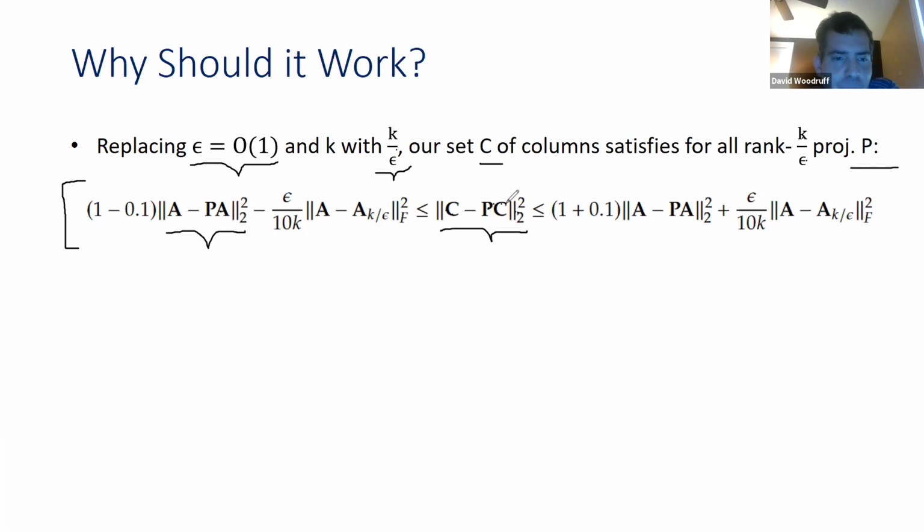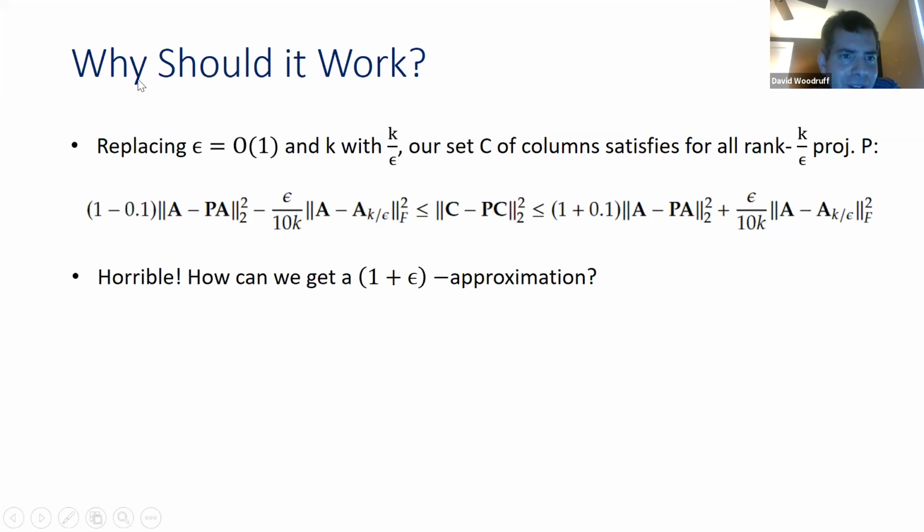It preserves it in a very weird sense. So multiplicatively, it preserves it up to a constant factor. And then there's this additive error as well, which depends on the Frobenius norm of the tail of A after removing the top k over epsilon entries. And nicely, there's a leading factor of epsilon over k here. But you look at this and it's a mess and it's kind of horrible. There's a constant factor approximation here. How in the world are we going to get a 1 plus epsilon approximation from this? Well,